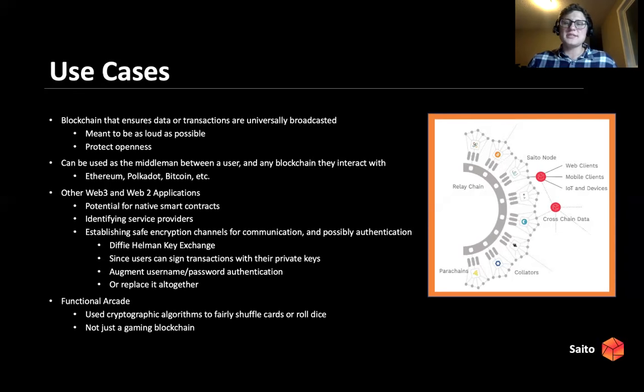It has a lot of use cases within the Web3 and Web2 realm. First of all, smart contracts are also possible to build on top of the Saito network themselves. Just like you do with Ethereum now, it would be possible to build smart contracts and have those smart contracts sit on top of the Saito network as well. Now, we don't have this functionality yet, and I haven't seen it in the roadmap yet either, but it is a possibility, and I think that could be huge, and it would change the business model behind providing some of these Web3 applications.